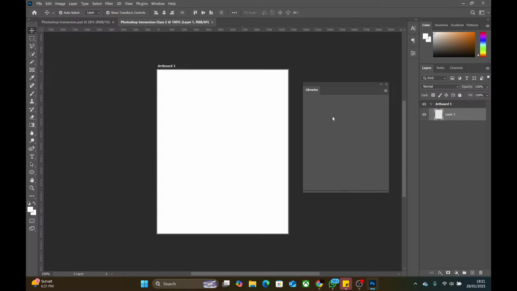If you don't need it, you can either collapse it by clicking this little icon that has two arrows facing the same direction, and then if you click again, it will be expanded. Now, if you don't need it any longer, you can just close it by clicking on this X icon on the top right hand corner of it. So if I click on the X now, it disappears. So that's how you organize your screen.